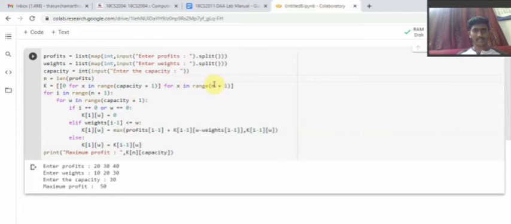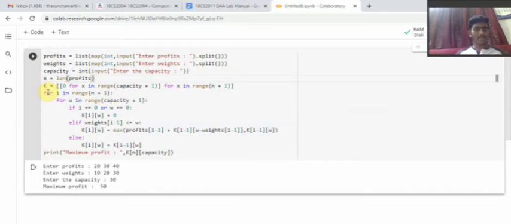And for x in range of n plus 1, where n is my number of weights or number of profits, that many rows I'll create and initialize the values to 0. For example, if I give a capacity of 20, it will make 20 columns and the number of weights as the number of rows. That way it will create the table.